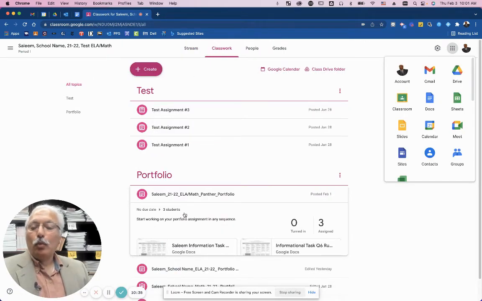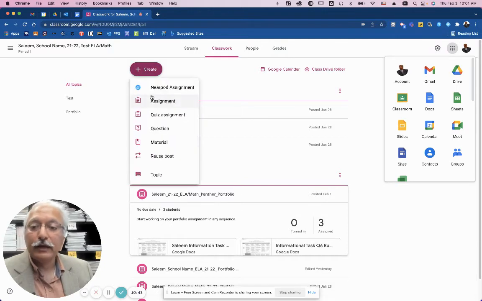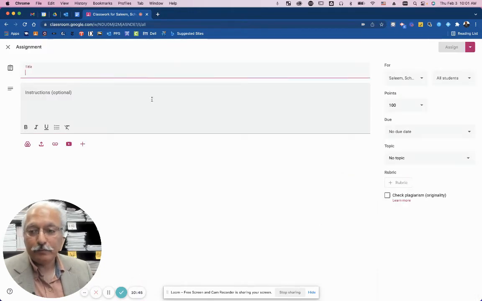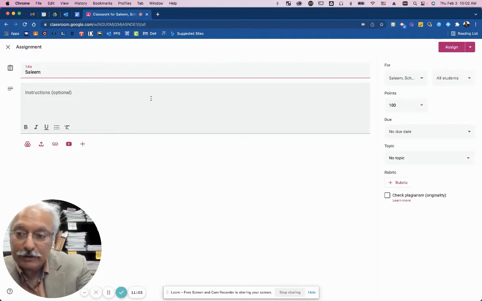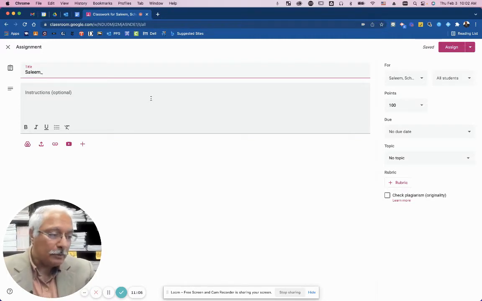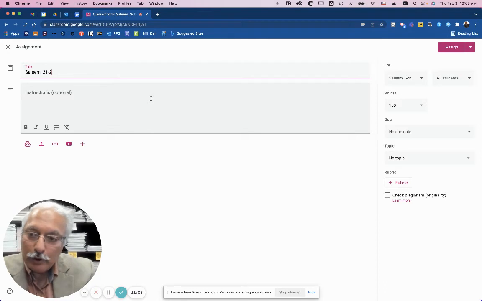Once you're in classwork, click on this button, whatever the color is, create an assignment. Now your assignment must be named in a way so that it could be distinguished from all the other assignments in this classroom. So that means you're going to start with your own name. Let's say this is how I'm going to name this particular assignment, Saleem. And the next thing I'm going to do is put the year here, 21, 22,